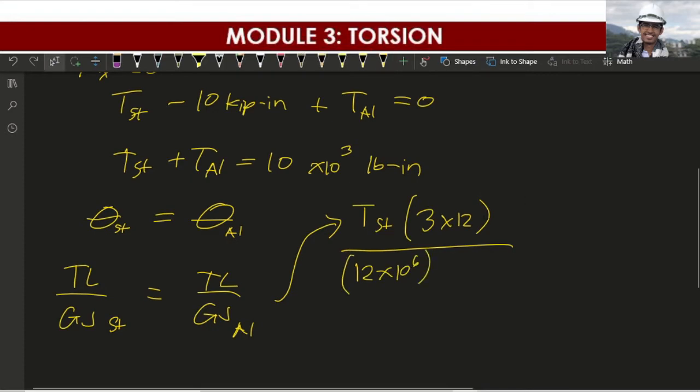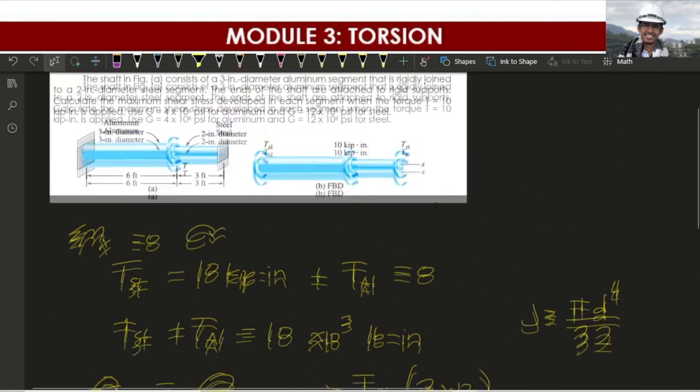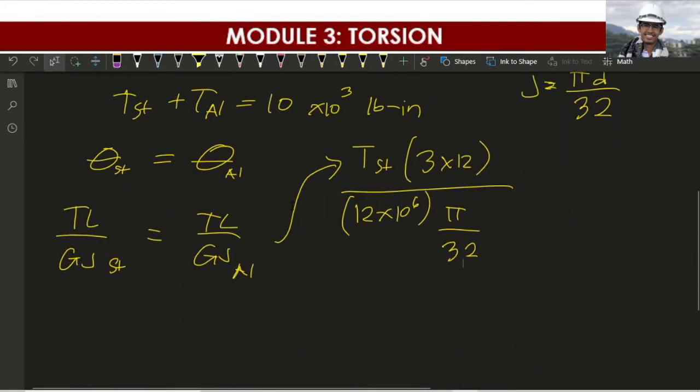And yung polar moment of inertia, sabi natin yung formula natin for the polar moment of inertia is equal to pi d raised to 4 over 32 for solid. So this is for the solid cylinder. Therefore, substitute na natin. That will be pi over 32 times yung diameter natin, that is 2 inch, so times 2 raised to 4. Okay, so this is equal to